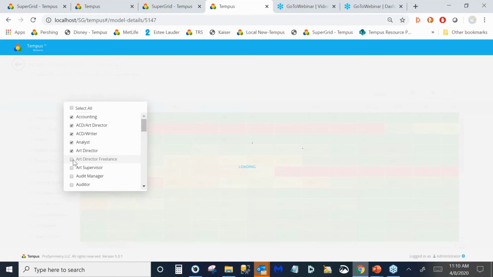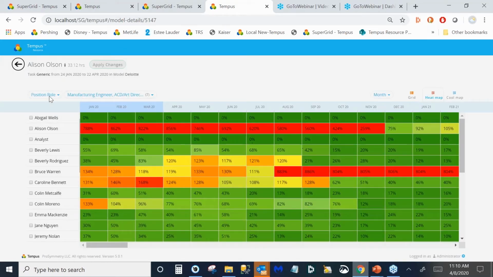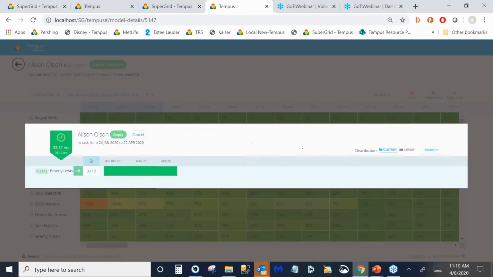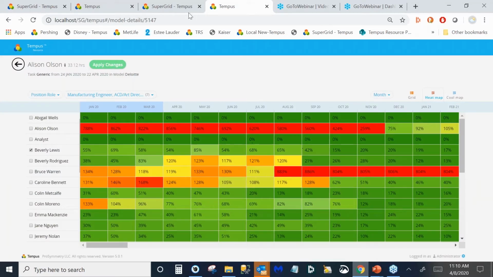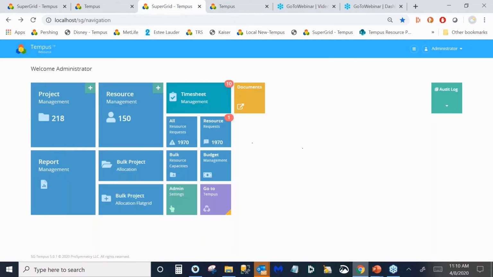that can accomplish that work. So, instead of Allison working on it, I could see Beverly's got some availability. So let's go ahead and put Beverly on that work instead. So I'll come back and show you this scenario planning, but let's just start out how resource requests would take